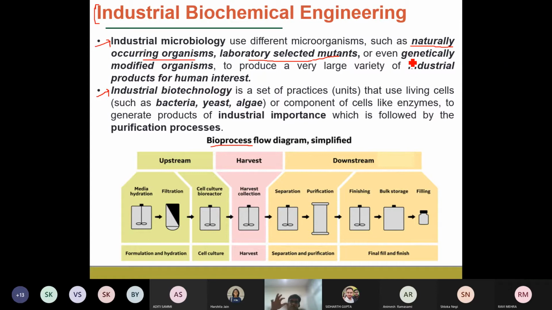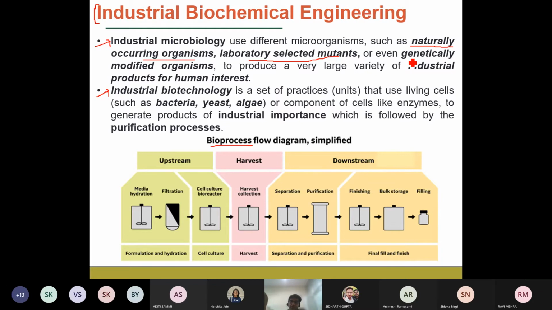If we can modify that genetic material with the targeted genes which are responsible for the production of ethanol, then we can create a genetically engineered E. coli, which will multiply very fast, and as it multiplies, it is also going to produce a higher concentration of ethanol, which is normally not found in natural microorganisms. Natural microorganisms may have that targeted gene for the production of a biochemical such as ethanol, but their growth or production rate is very slow, and we don't get the desired amount of that ethanol or any particular biochemical.